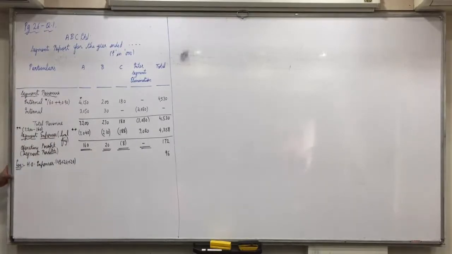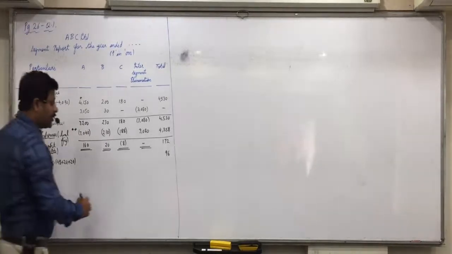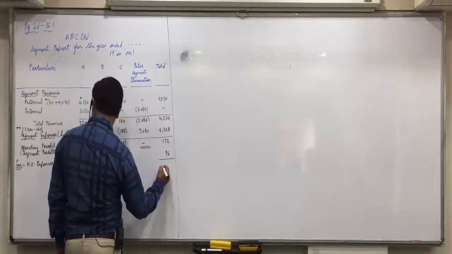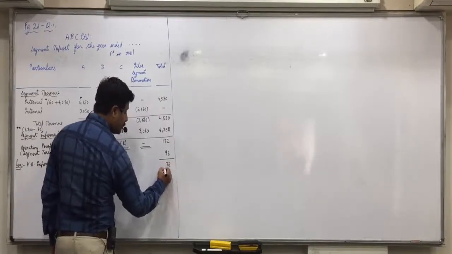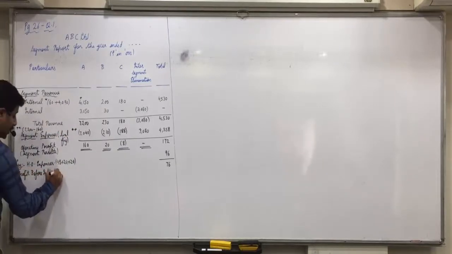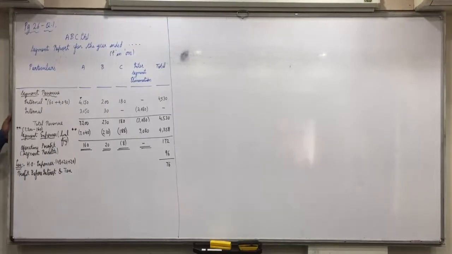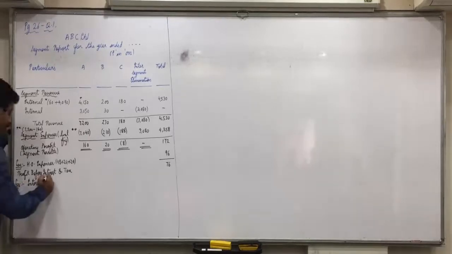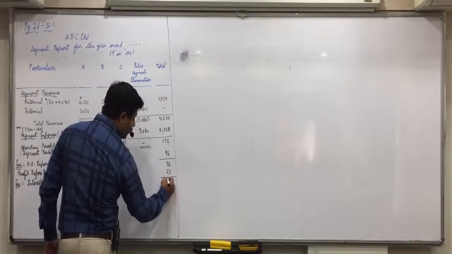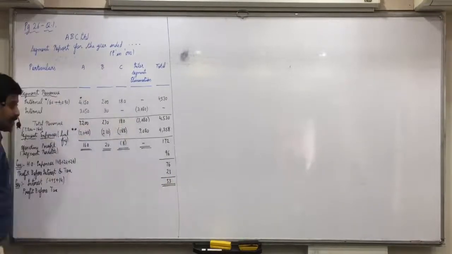And after that we have to add head office income, but we don't add. Do we have anything marked as head office income? There is no head office income. So this itself will become profit before interest and tax. 172 minus 96, 76 is profit before interest and tax. Any doubt up till here? Then from that we have to subtract interest. Now there is again directly given in the table below 4 plus 5 plus 14. 4 plus 5, 9 plus 14, 23. So 76 minus 23, 53. That is profit before tax. Any doubt up till here?